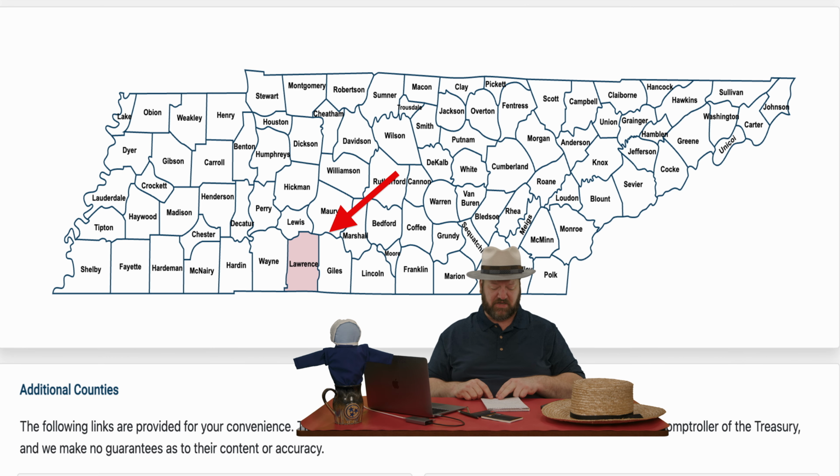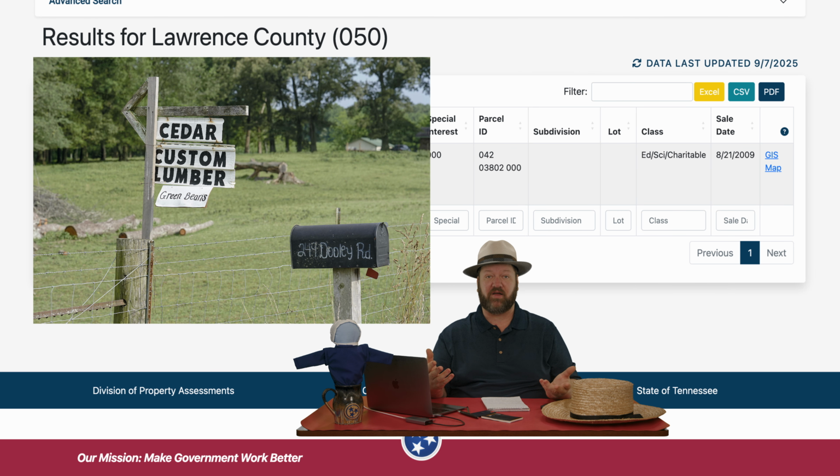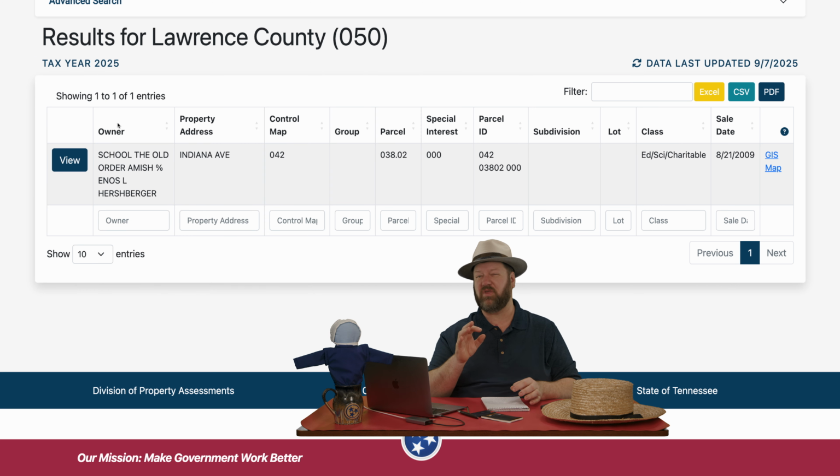So if you look up on your state assessment page and you have names like Yoder, Stoltzfus, Byler, Zook, Hostetler, all that sort of thing, because a lot of times this will also be on their mailbox. So when you go in person and you've sort of already associated a place where you think might have an Amish home on it, you can look at their mailbox personally, but when you're on Google Earth or Google Maps, you can't just look at a mailbox. So the Tennessee assessment page will kind of tell you who owns that land,